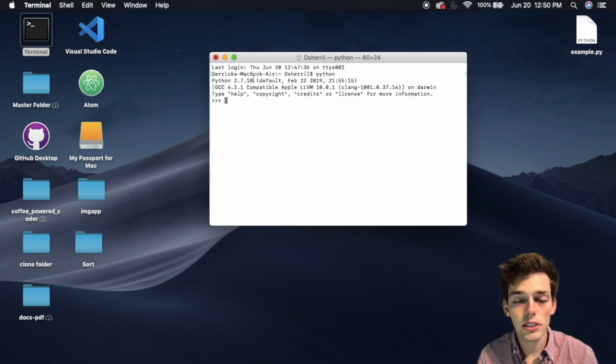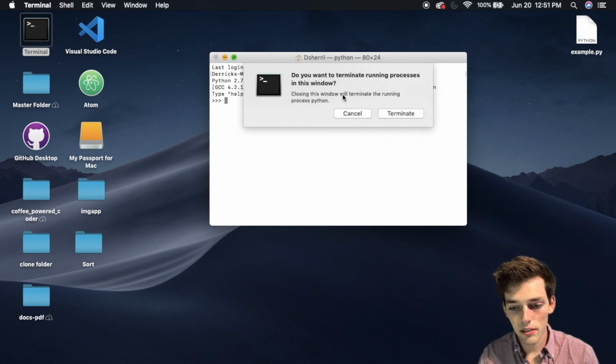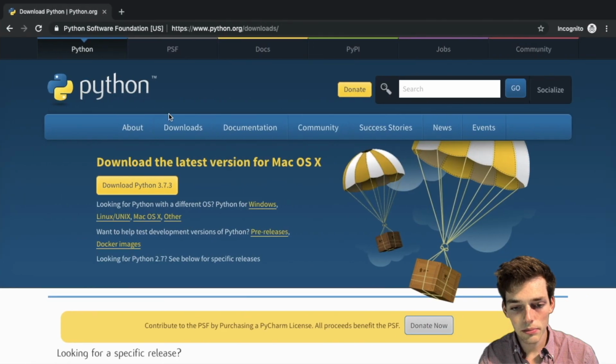Python has two different versions. Python 2 is the legacy version of Python, and Python 3 is the new version. We want to be sure to use the new version because this is what will be updated in the future. So let's go ahead and close out of this, and then we'll open up a window and pull up the page